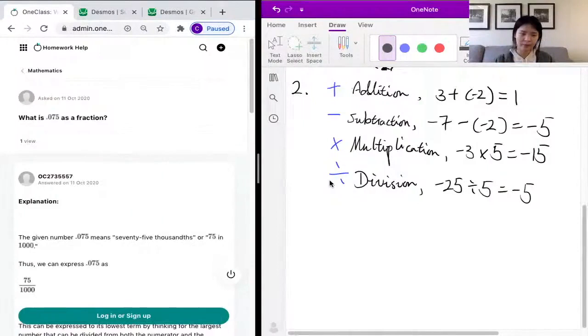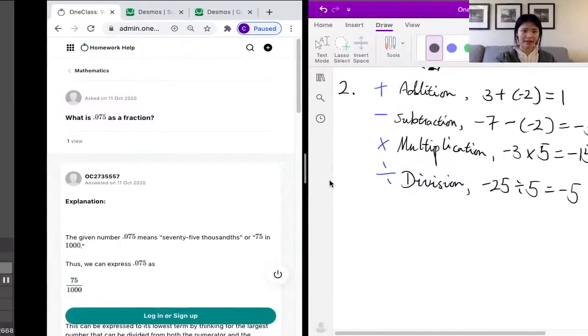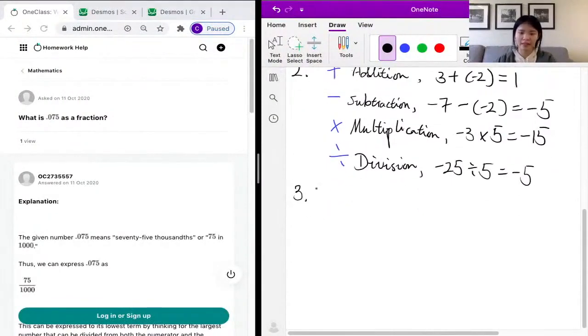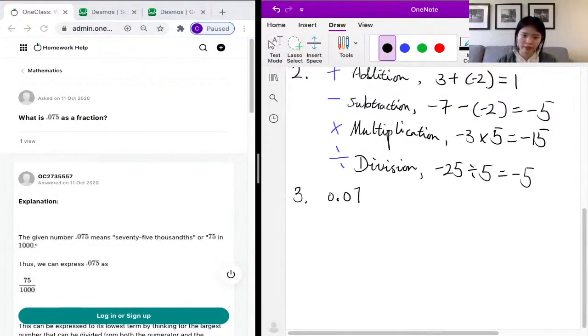Okay. Our third problem here asks us what is 0.075 as a fraction. So it's basically asking us to convert the decimal 0.075 into fraction form. So in order to do that, we go to the rightmost place of this decimal, and